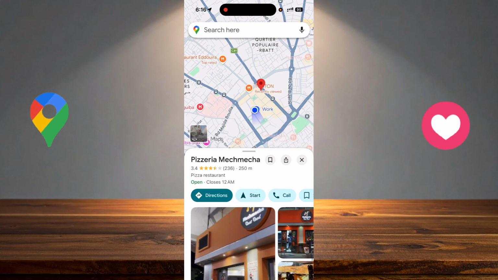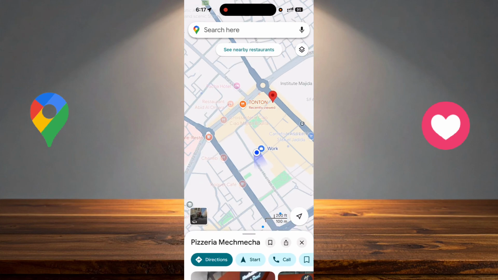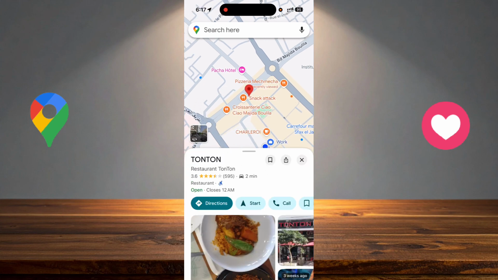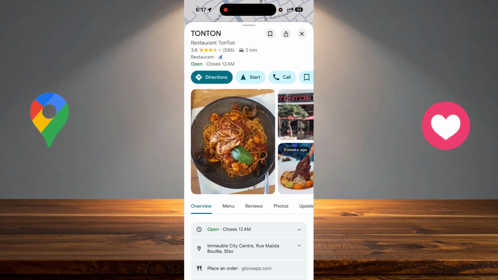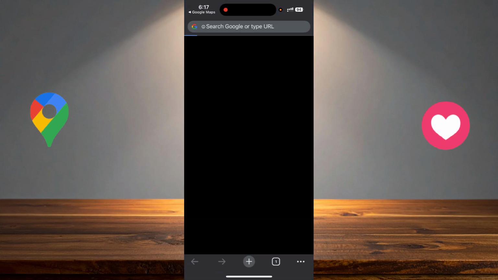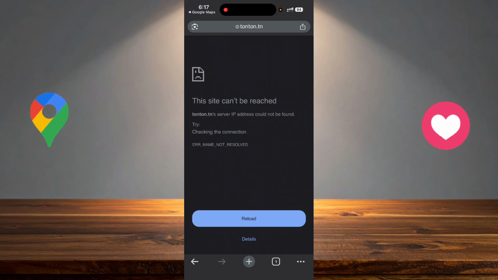Sorry, I need to click again. Just click on the name of it. And as you can see now, it gives me the details of the restaurant, including the website of the restaurant. So to visit the website, you just have to click on it. Maybe it's working or not working, I don't know really. So this website is not working, for example, for this restaurant, but in many other businesses, you will find their